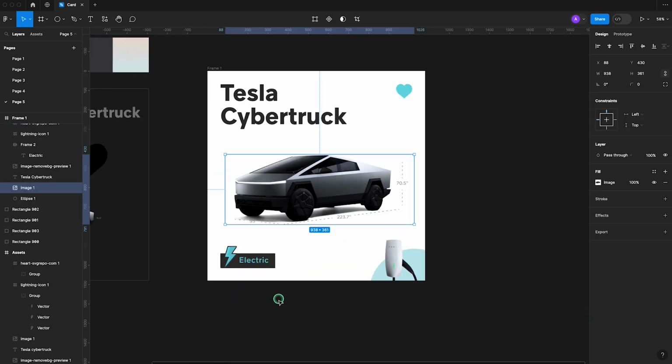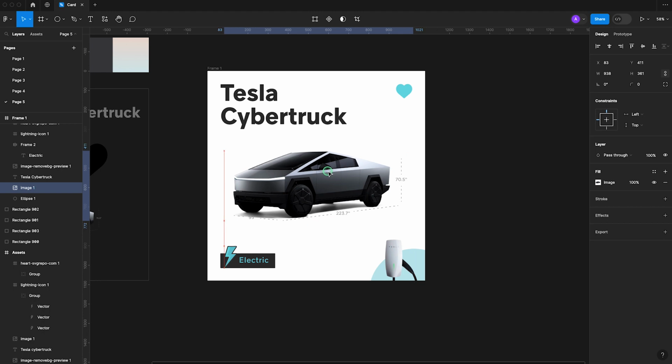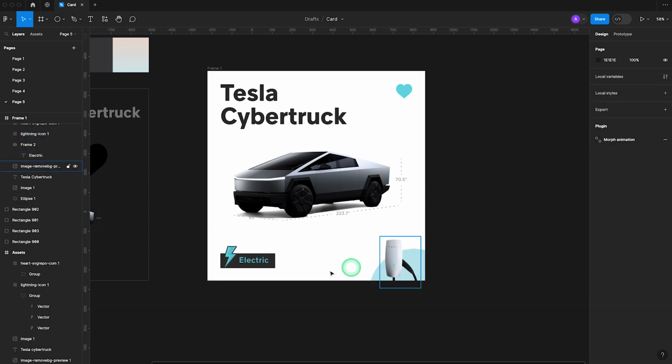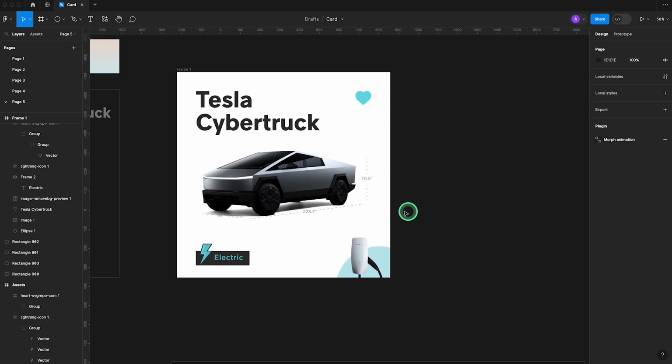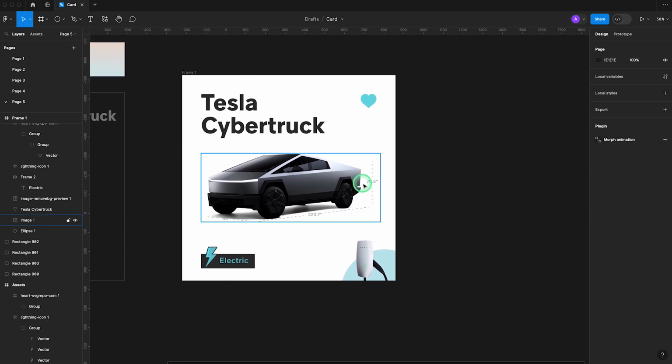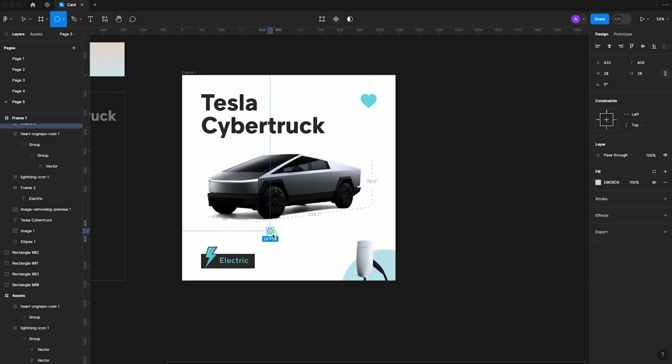All right, we have our accents right here. So first is gonna be our name. We're gonna have the main element, which is gonna be a Cybertruck, and here in the bottom we're gonna have some additional elements as well. Amazing. Now what we want to do is, because we're gonna have two